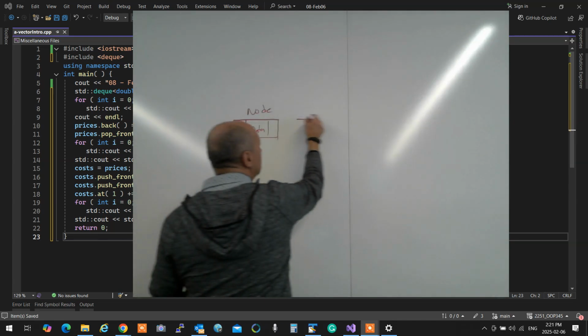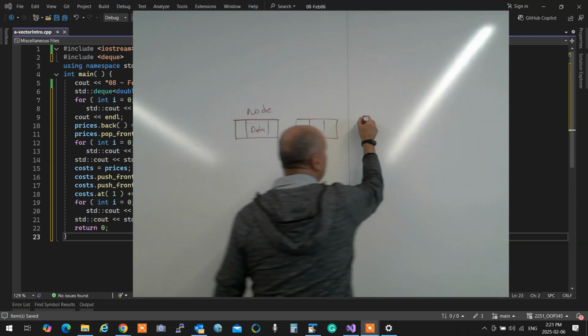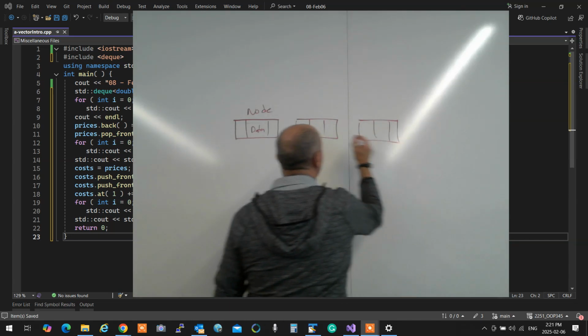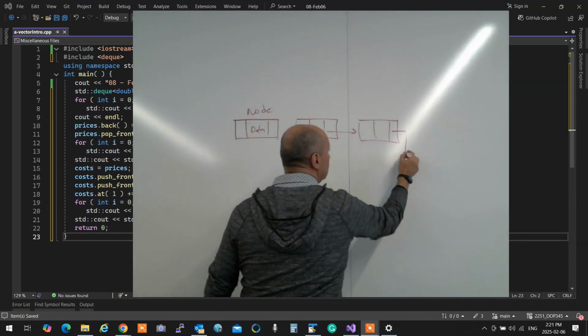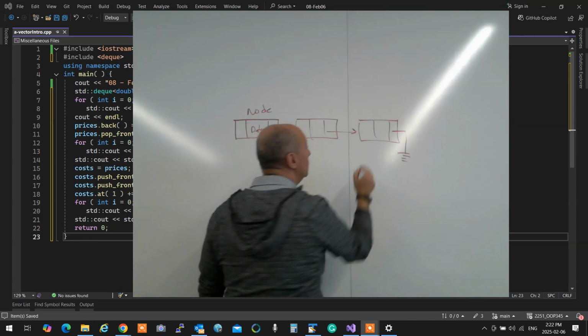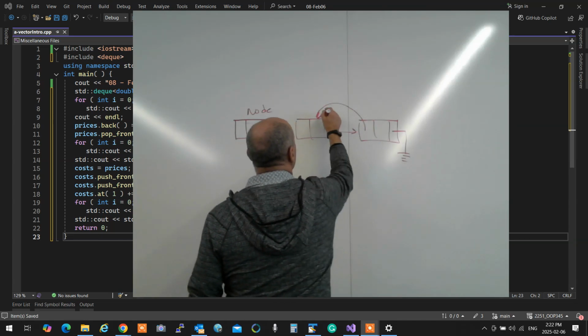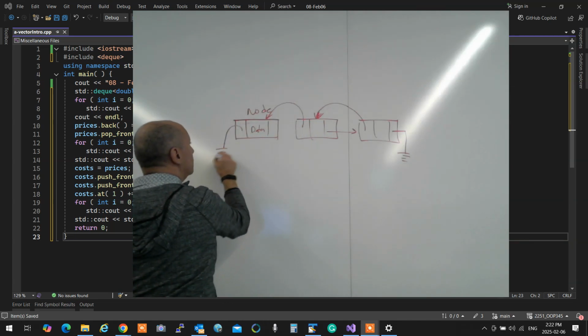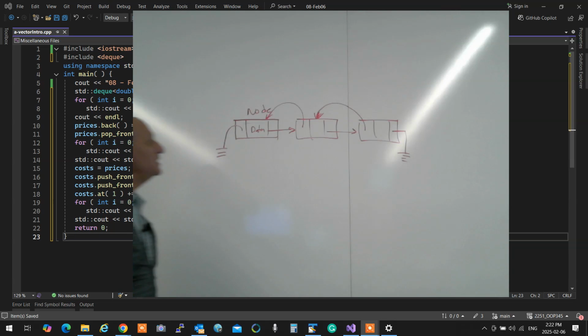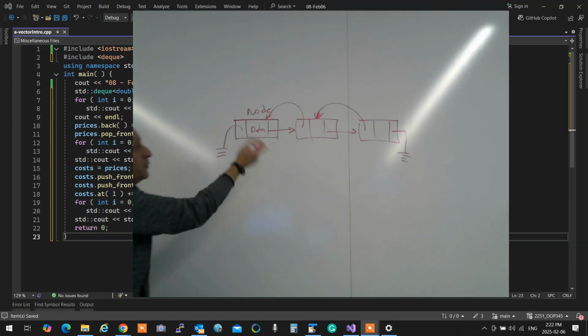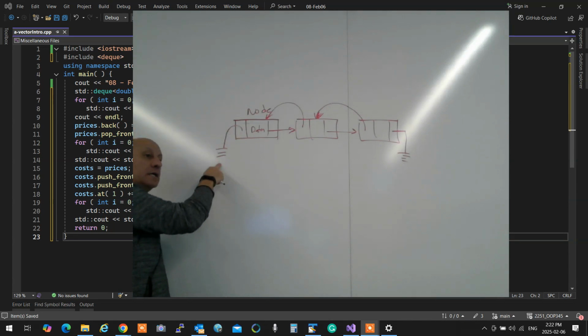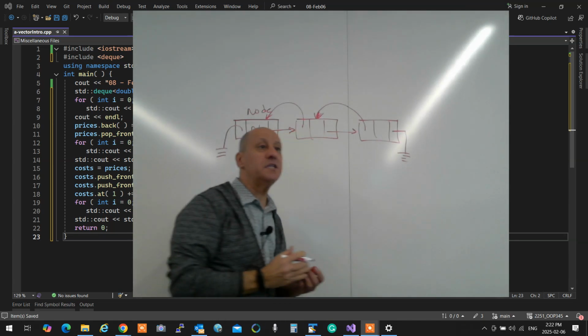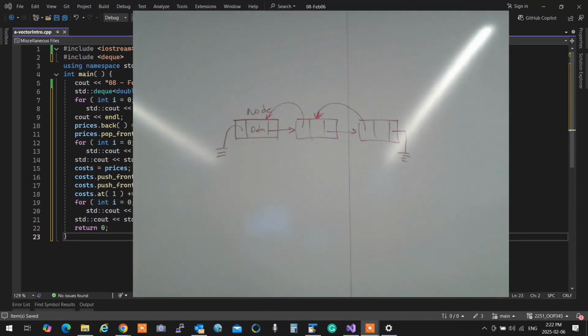So a queue in memory is like this. As you see, each node points to the next node and points to the previous one. If the previous one is null, it means you're at the beginning. If last one. Now, the good thing about it is that when you have a queue like this,